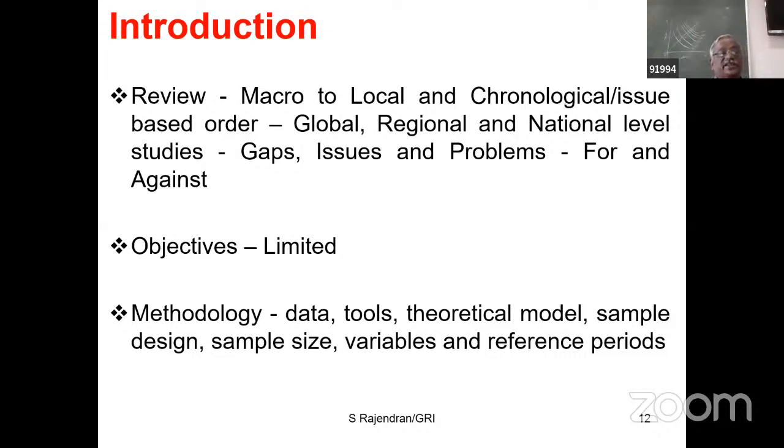Whether the existing studies or a group of existing studies are lacking in comprehending both the macro and micro level information, or lacking in application of statistical tools, or in coverage of space, etc. These are the critical issues that you would raise to justify your own study. And most of the time we don't do that. We straight away go to our objective and then straight away go on making the analysis. That is not the right way.